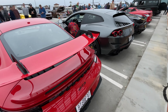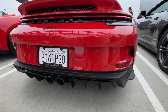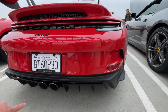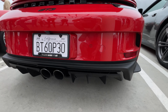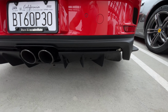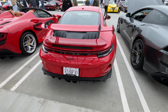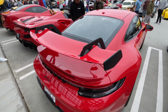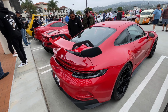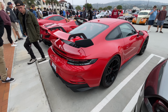And one of the most distinct differences, again, they don't change drastically, but one of the distinct differences that I could notice from the previous GT3s is this rear diffuser. It's very aggressive. I'm not sure if you guys can see, but you can tell they really improved upon the rear diffuser to improve the aerodynamics, to improve the lap times, really. And these are the things that Porsche is really known for. They do little minor tweaks that help the car not necessarily go faster in 0 to 60, but to go faster around the track, especially the Nürburgring, right? So,